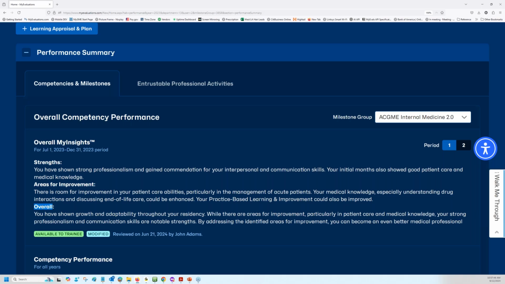And in the next iteration of My Insights that will be released the first week of November, these narratives are released every 6 months because it's summative. It looks at all the comments that were written on the resident over the course of 6 months. The next version of My Insights this November of 2024 also includes direct actionable feedback, including short-term and long-term goals